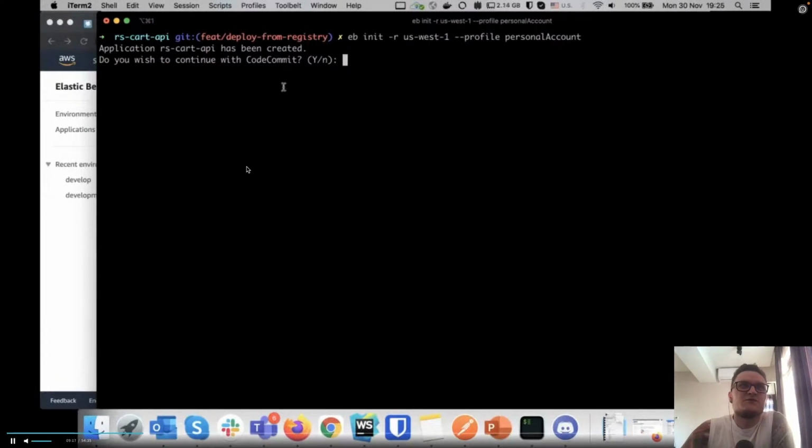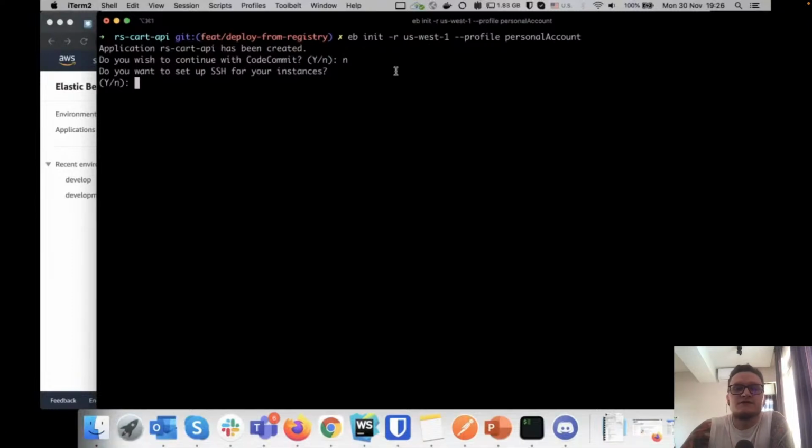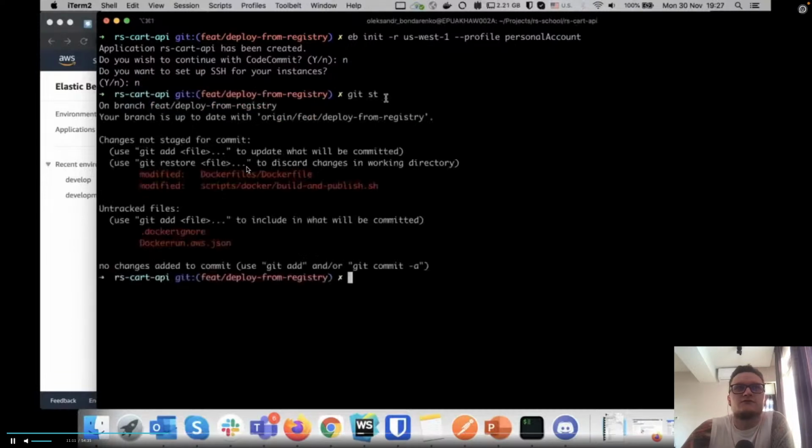It will just commit your code and store some copies somewhere for you. It's pretty cool, but we usually use GitHub to store our code, so we don't use CodeCommit. You can also set up SSH for your instances, but we don't need this one. We are just learning.